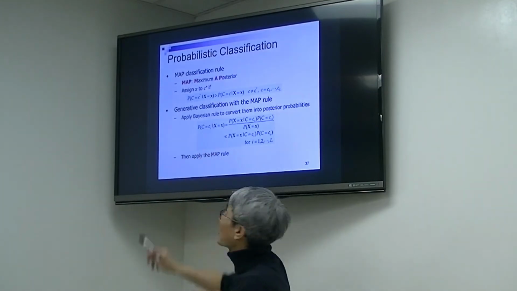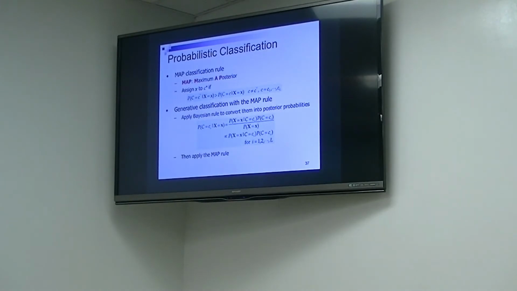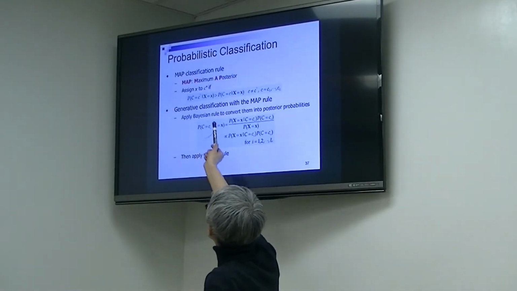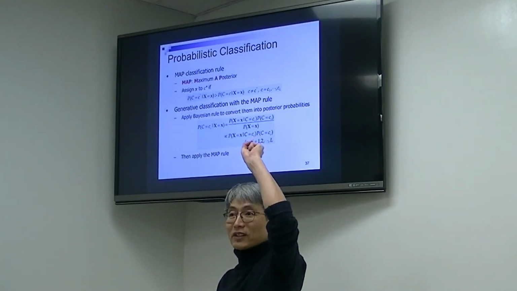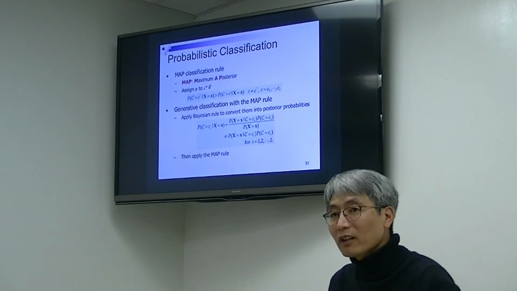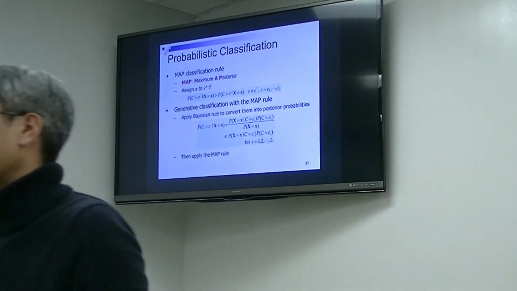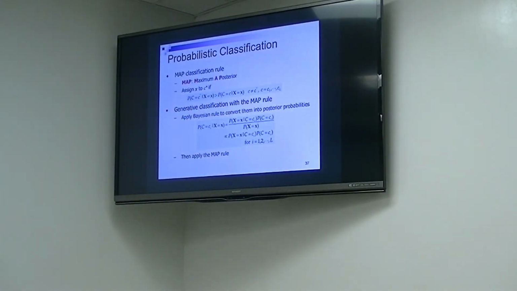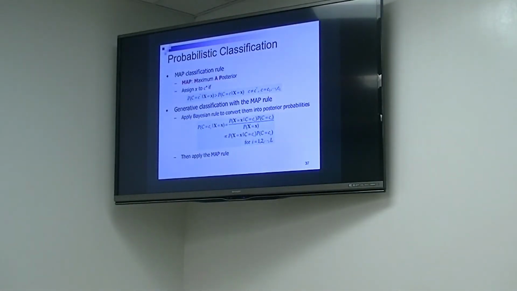Then finally you can have the P of C, in this case P of B1, buying computer, per input. At that time, we can use this discriminative model for decision. How? The highest one will be selected. So that is called the maximum a posteriori. Sometimes it's called the MAP rule. So you don't have to worry about the name. Just the highest probability will be selected for the decision, which means if B1 is buying computer,